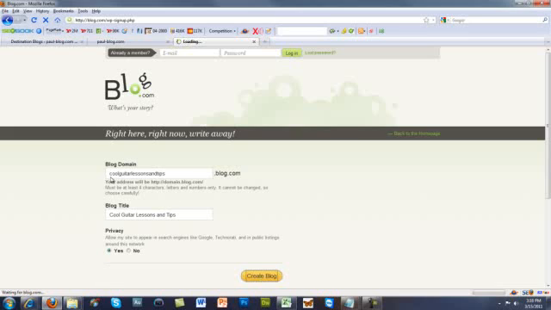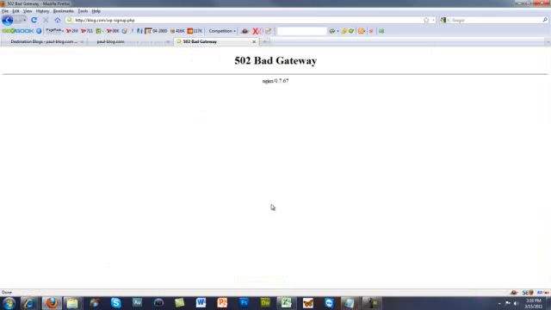And provided that that blog is available. Now this error right here, I see this I think every time that I set up a blog at blog.com. The good news is though that it actually does set it up, but I think they have so much activity going there that they run out of resources. So the actual blog though is set up, and if we go check our mail, which I will do here,